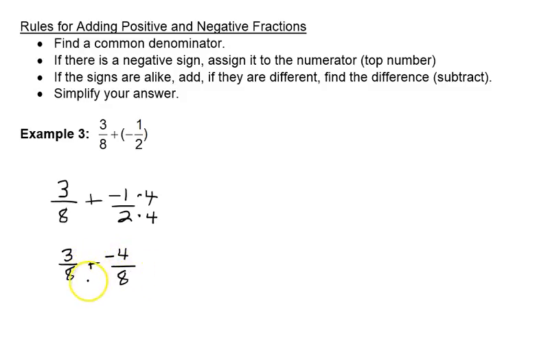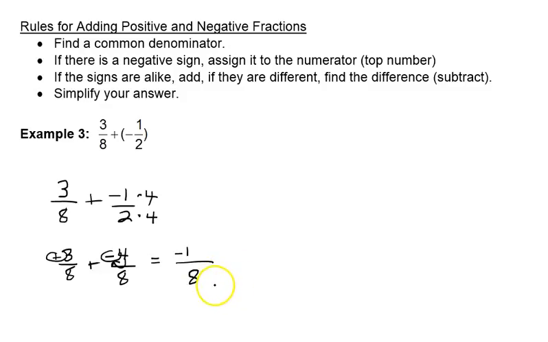4/8. Then I'm going to apply my patterns of adding integers. I have a positive 3 and a negative 4. The signs are different, so I'm going to find the difference between 4 and 3, which is 1. And then I have a common denominator of 8. Then I ask myself, do I have more positives or more negatives? I have more negatives. I have 4 negatives and 3 positives, so my answer would have to be a negative